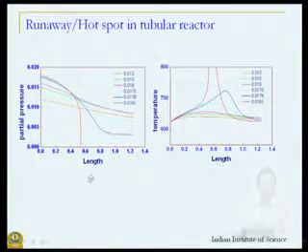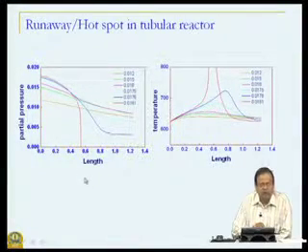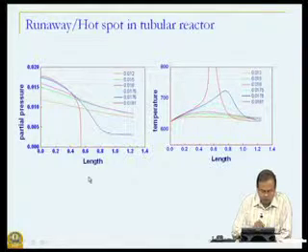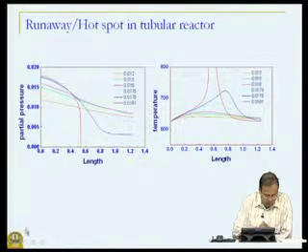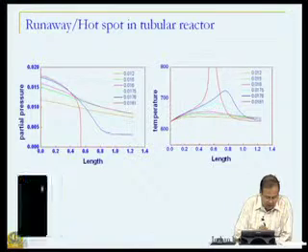Friends, let us continue our discussion on runaway reactions and hotspots in the tubular reactor. And just to refresh ourselves, let us look at this simulation of xylene oxidation, and what we are seeing here is the oxidation by carrying out this reaction at different partial pressures of oxygen. So, we have on our x axis the length of the reactor